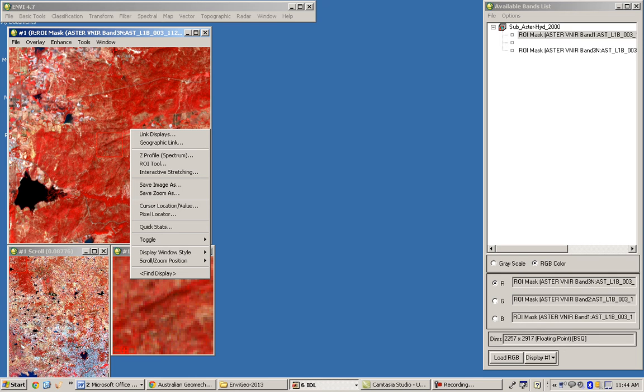Once you got the ROI tool, try to collect wherever we see the red color, which shows that vegetation. So try to collect those vegetation samples.